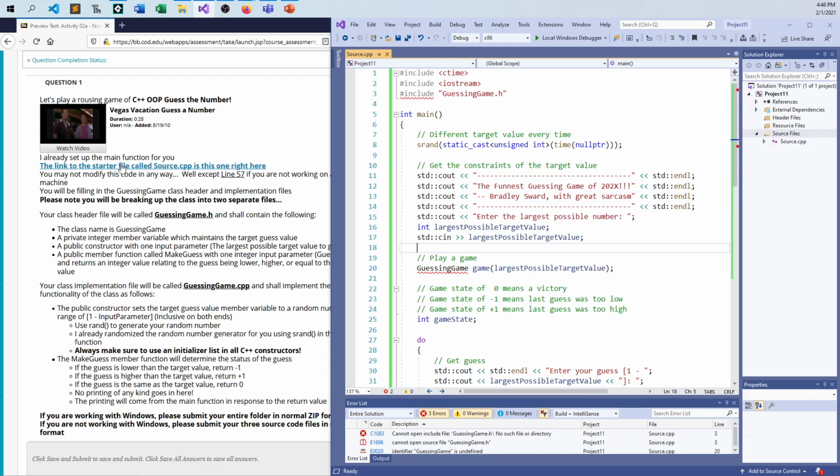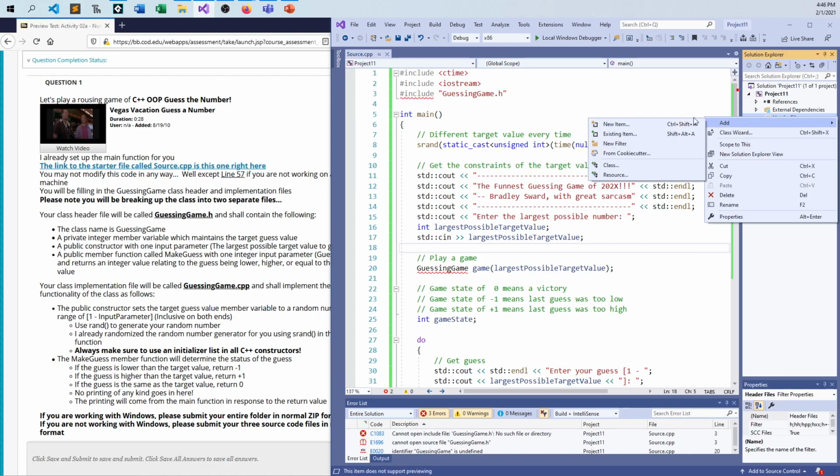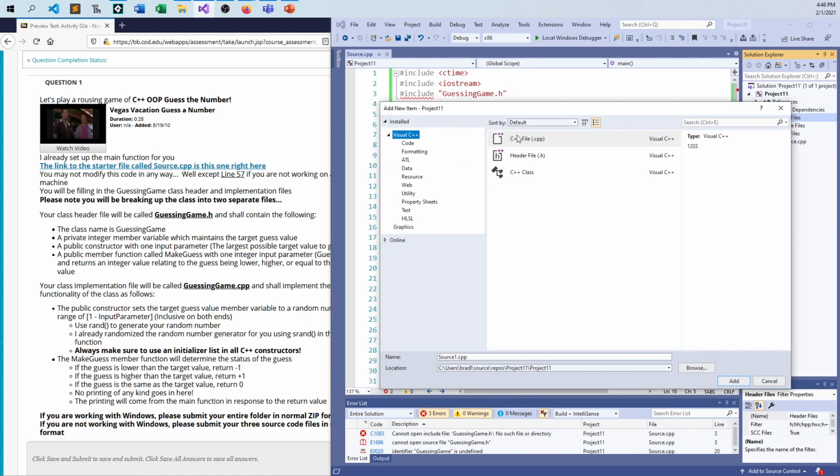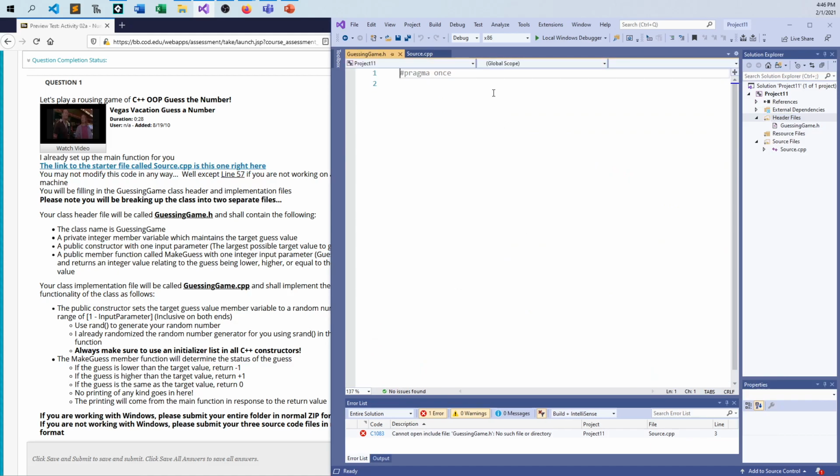And so I'm just going to go over here and start filling in our pieces following the instructions that I have listed here. So in my classroom, I have you guys, the CIS majors, create two different files, a header .h file and a .cpp file. And so the .h file is going to get guessinggame.h, and this is where the header is going to go. And so we're saying the class is going to be called guessinggame,